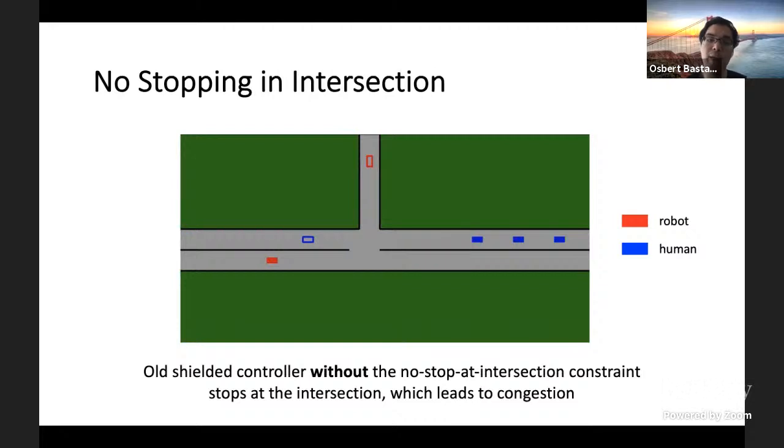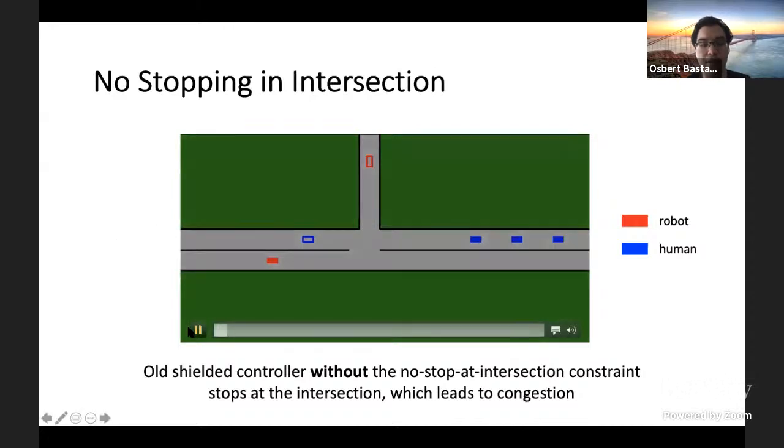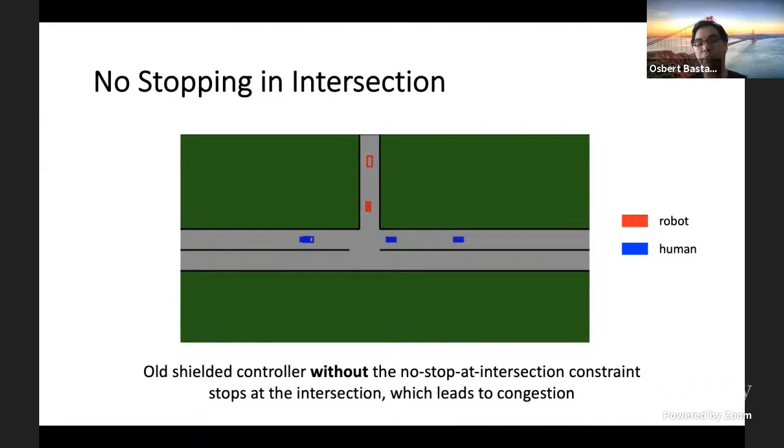flexibility of our approach. In these cases, we're going to modify the backup action sets in various ways to show that we can get interesting new behaviors. First, I'm going to show the robot executing an unprotected left turn. This is using the parameters that I showed above. As you can see, there's this undesirable behavior where our robot controller does safely come to a stop, but it stops in the middle of the intersection, which can confuse the human driver